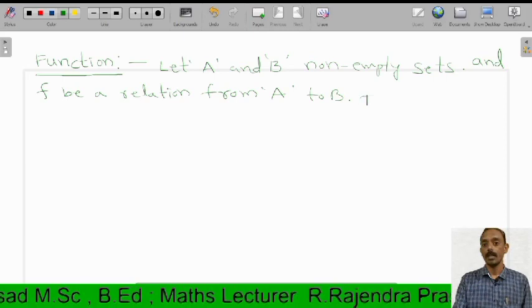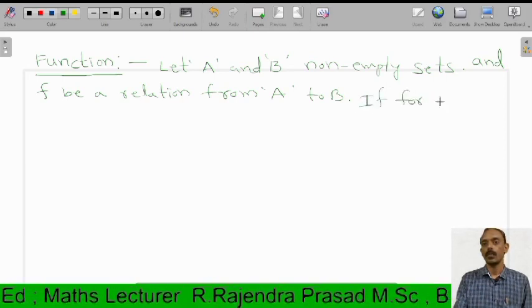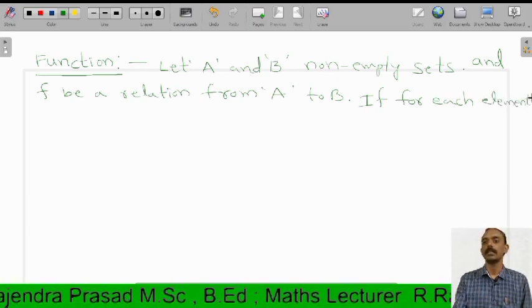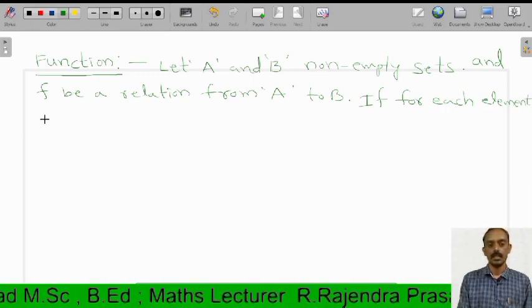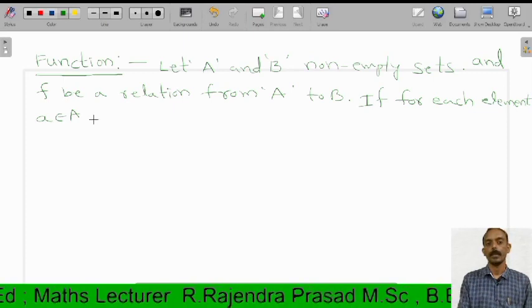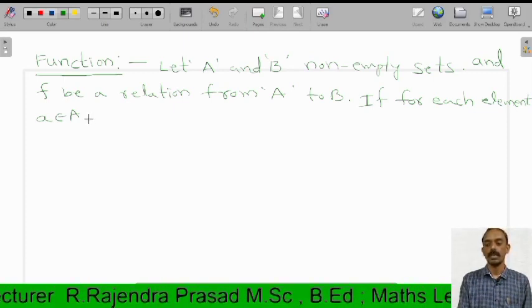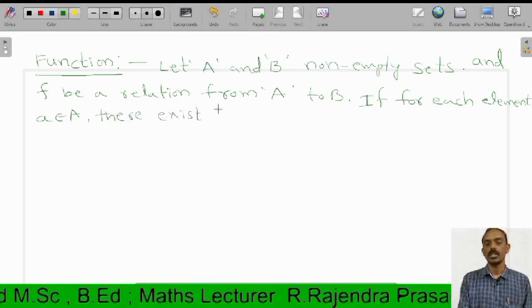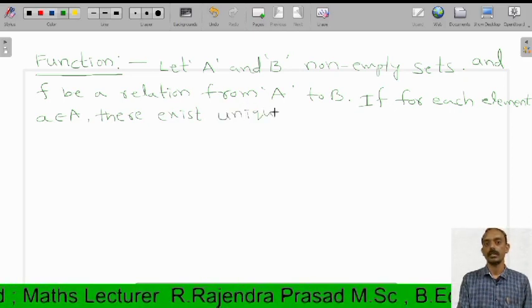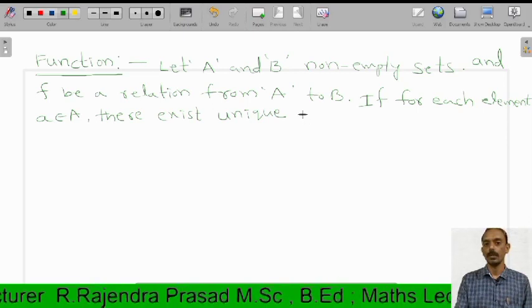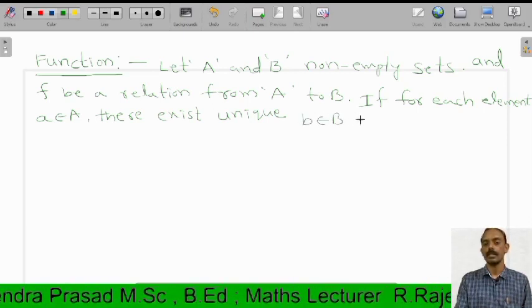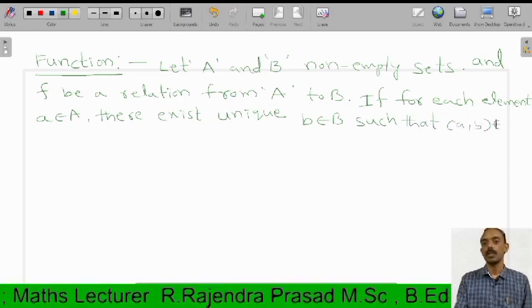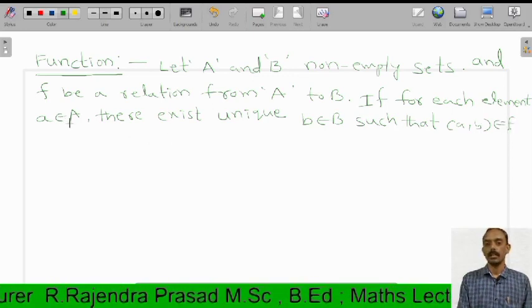If for each element a belongs to A, there exists a unique b belongs to B such that (a, b) belongs to F, then